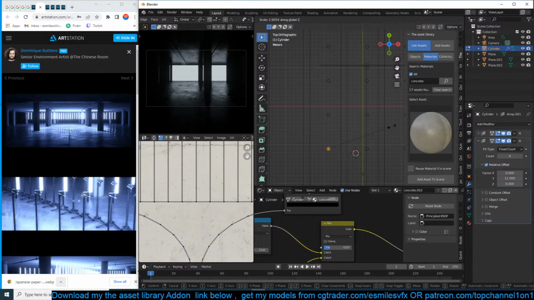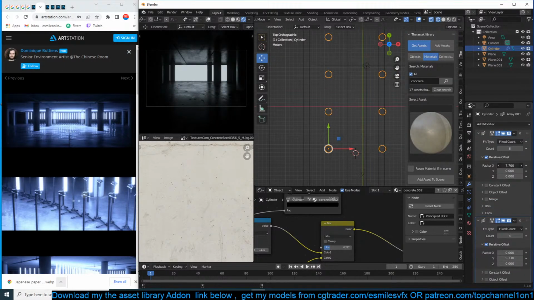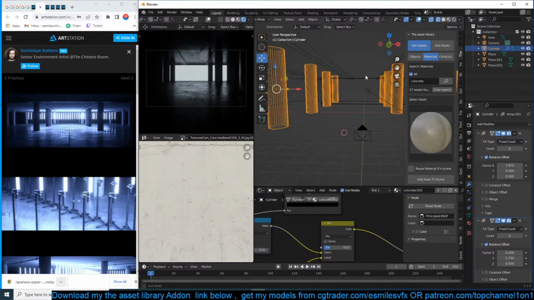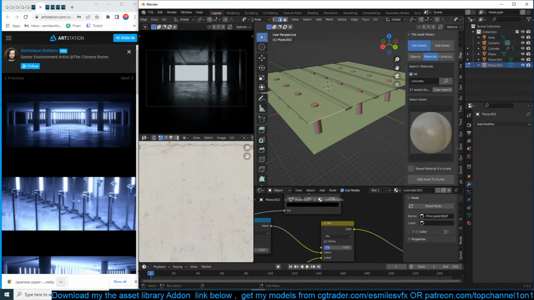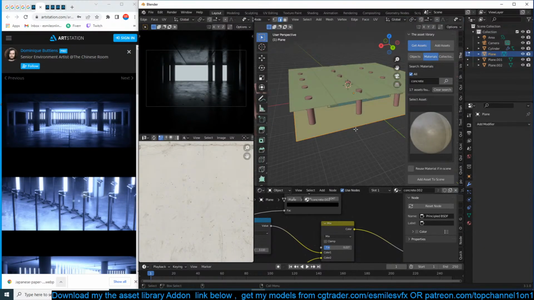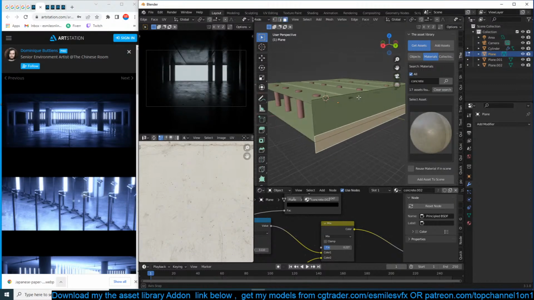Maybe we can grab this, extrude up. Add a few subdivisions.